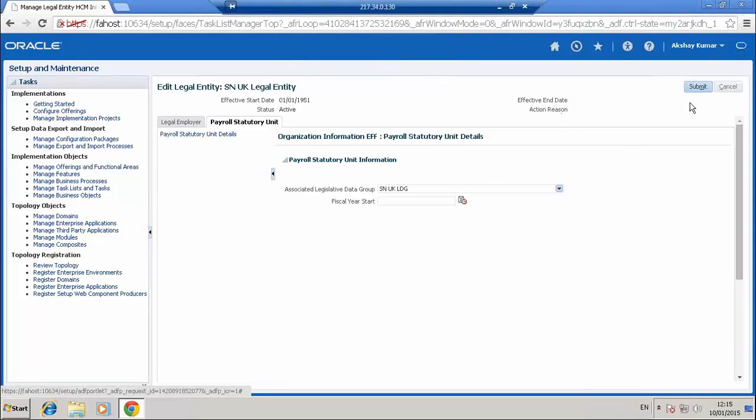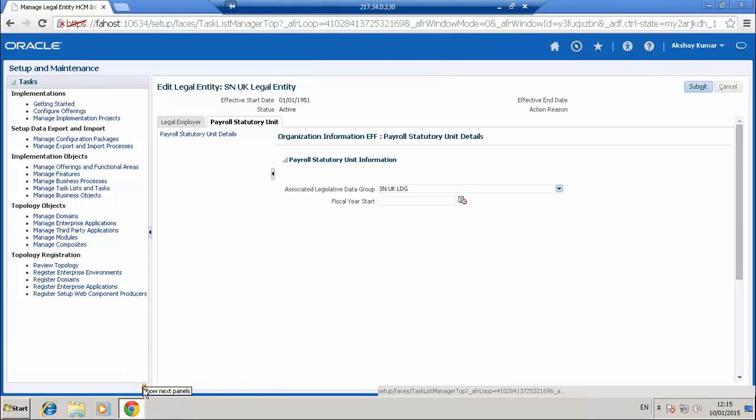So this is about manage legal entity HCM information. After legal entity, we can go on to creating business units.